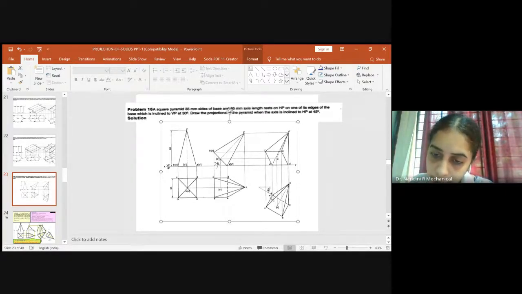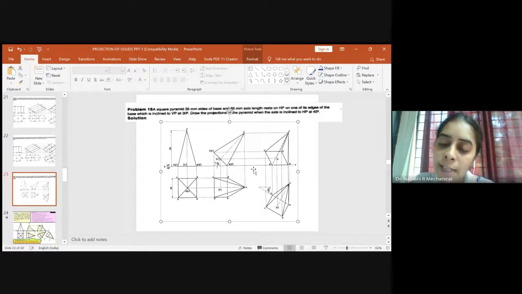so this is the edge which is being inclined on 30°. So this edge is hidden. So the projection coming out through this edge will be hidden over here, right, as per the concept. And this also maps along with the projection, right? This is a hidden line. This side is hidden. So the projection coming through that line will be hidden. So D1 and O dash will be hidden line.